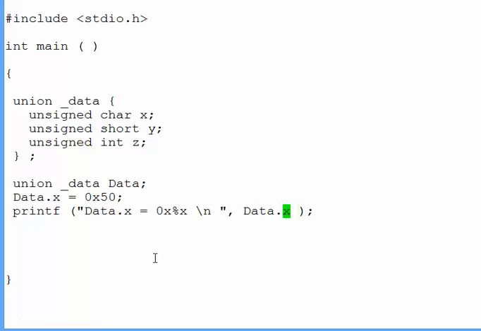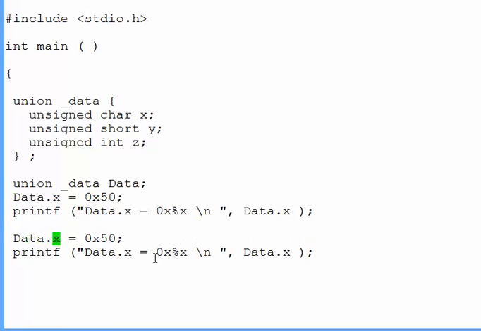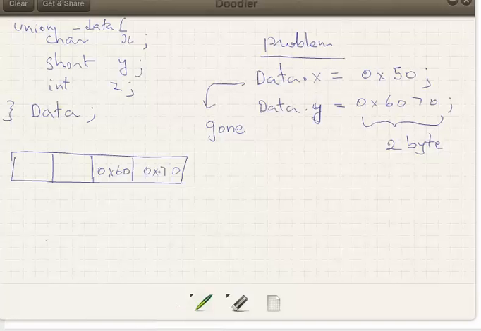And then I will write data y, like we talked, 6070. So data y, if you print it,